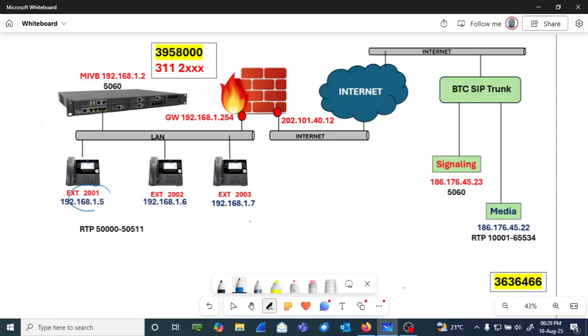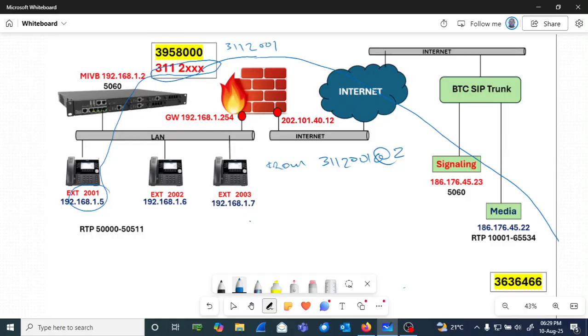if 2001 makes a call, it's going to come here, it's going to be changed to 3112001, and it goes. So the invite is going to say from 3112001 at 202.101.42.12. If 202 makes a call, it's going to come here. It's going to be changed to 3112002, and the invite will be